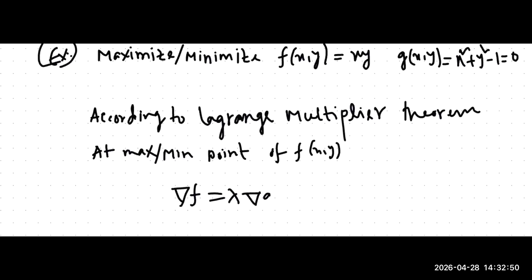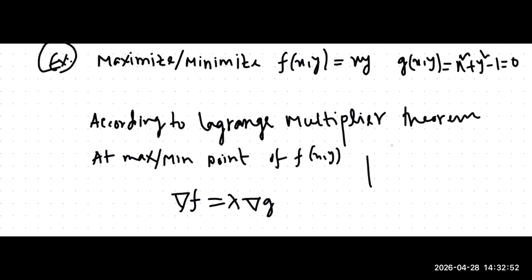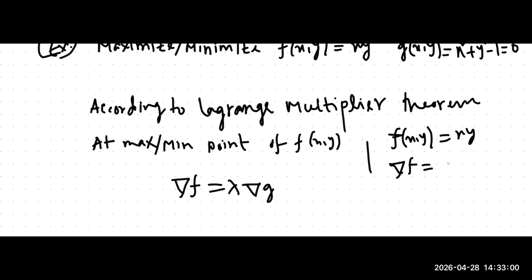So in this case, given f function f of xy was x times y, so gradient of this f is differentiation of xy with respect to x, which is y times i vector, plus partial derivative of xy with respect to y, which is only x, j vector,